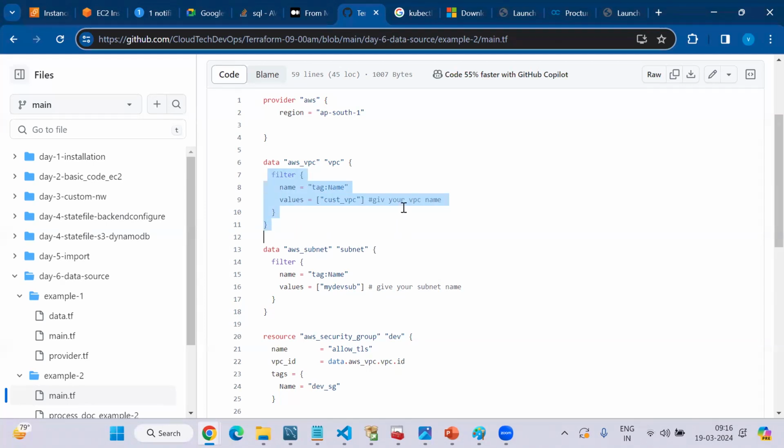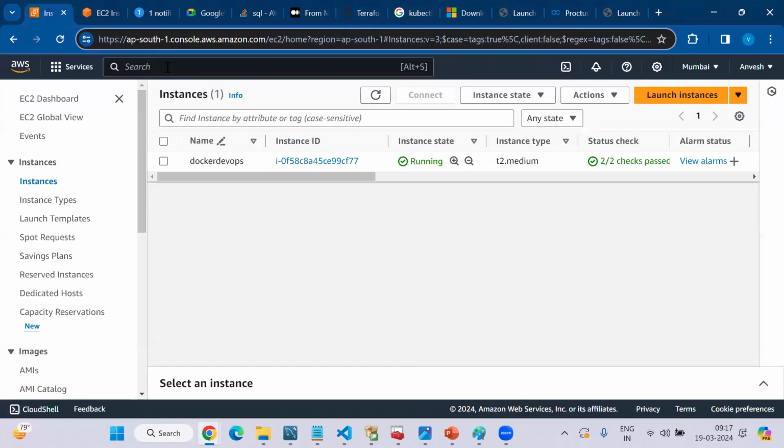For example, I'm applying a filter. In my account, 5 VPCs are there. Which VPC do you need to take? I am going to apply a filter. This is the list of my VPCs. I'm applying a filter. Which VPC has the value custom VPC, you can pull. So if you can go and verify my VPCs,